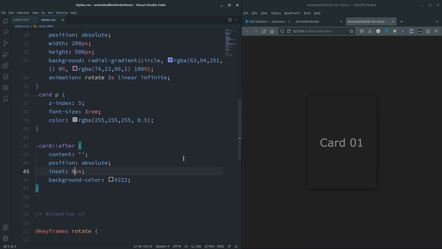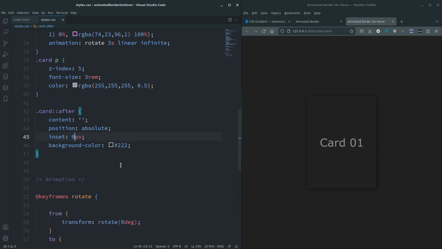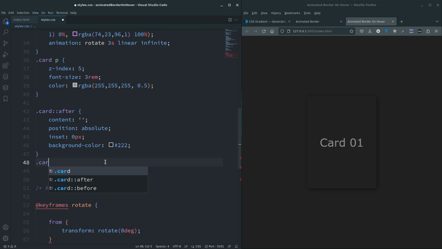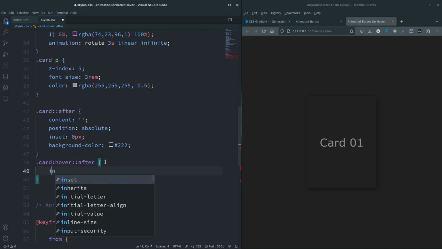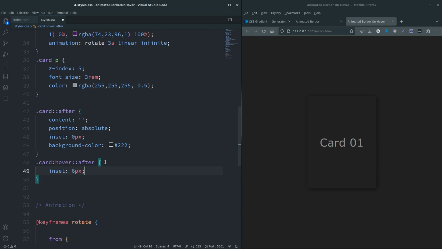So when we apply the hover, what it will do is it will apply the inset, so it will move the after element in by 6 pixels gradually over however long we tell it to, which we will do. Well, let's do it now. So let's do, and I'll go back and tell you about that other thing in a sec. After, so when you hover, I'm going to say inset 6 pixels. Okay, so when you hover over it, it's there, but there's no